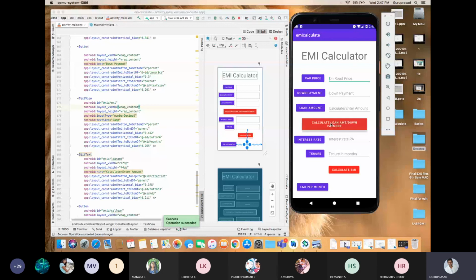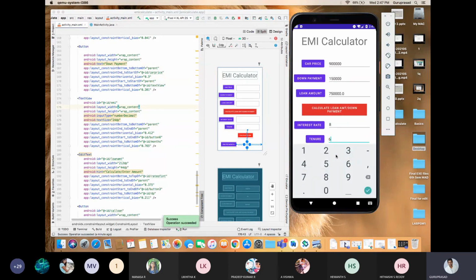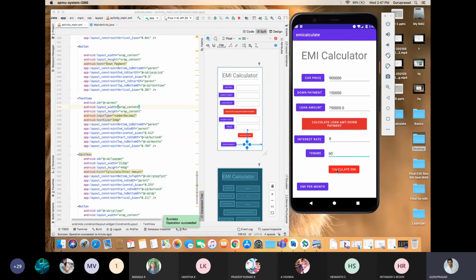Please enter a valid on-road price. I'll enter 9 lakh. Then calculate the loan amount, it says please enter the valid down payment. 1,50,000. Calculate. Then 7,50,000, interest rate 8%, tenure 60 months. Then calculate the EMI: 15,207.